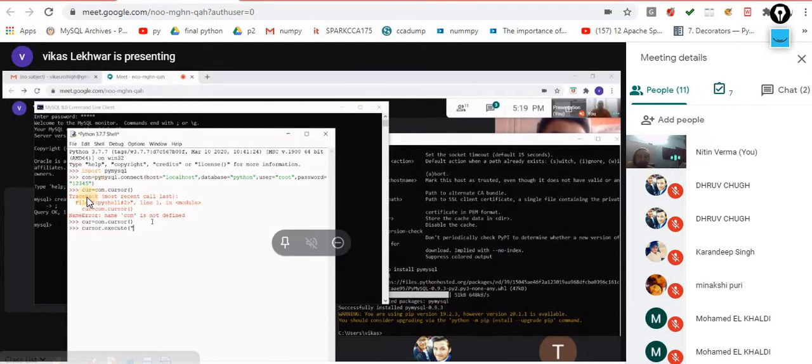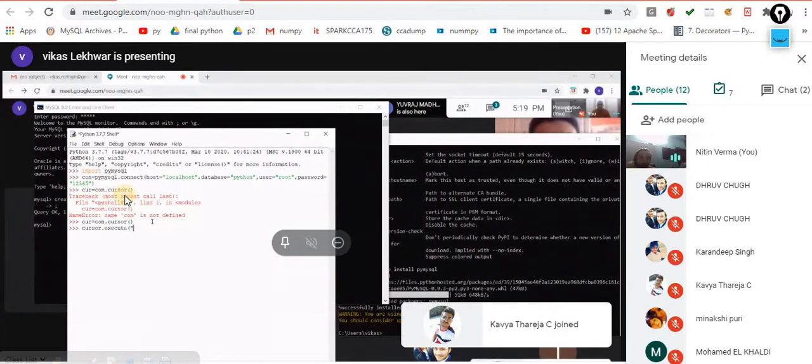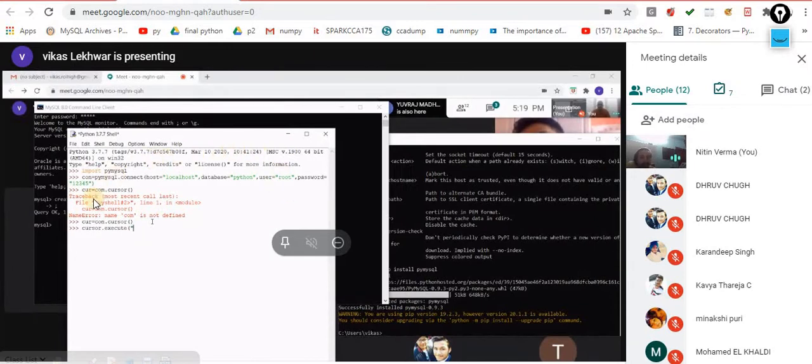In the next command, what did we do? We made a cursor. This is the cursor object, similar to the file pointer. Whenever you are performing anything on MySQL database connectivity, you have to create a cursor object. With the cursor object, you are supposed to perform the queries, because everything on MySQL is done with the help of queries. Whether you want to create a table inside MySQL, fetch data from MySQL, or update data in MySQL, whatever you want to do, you have to execute.